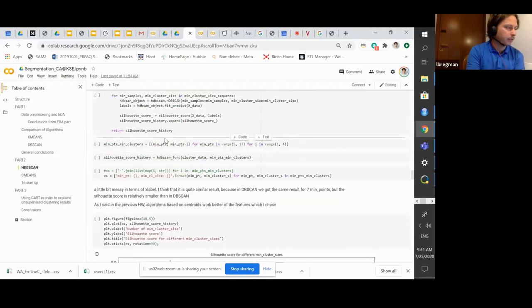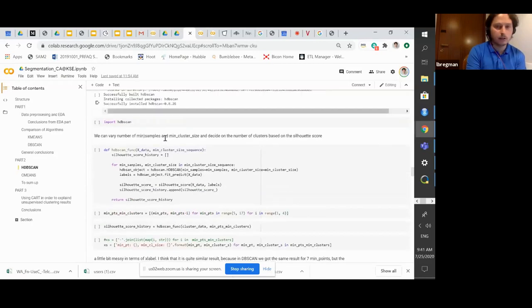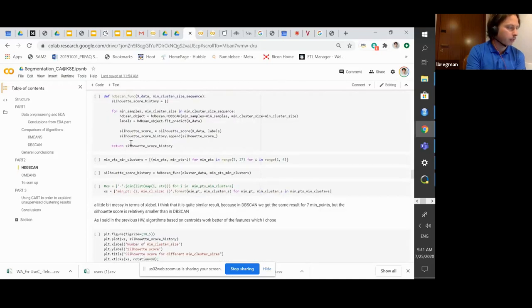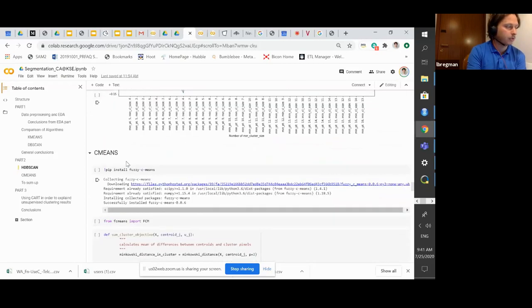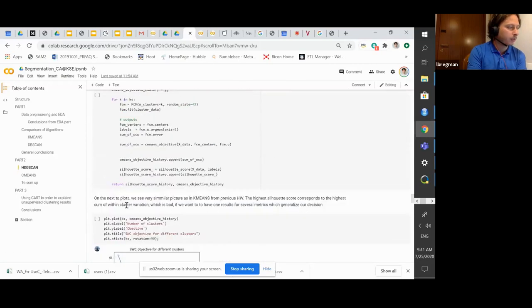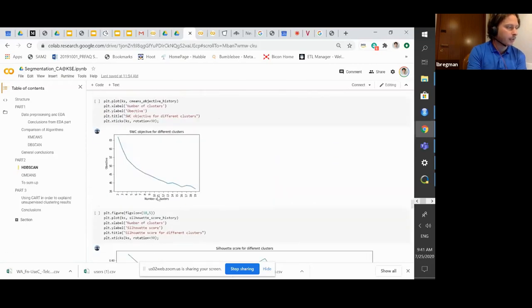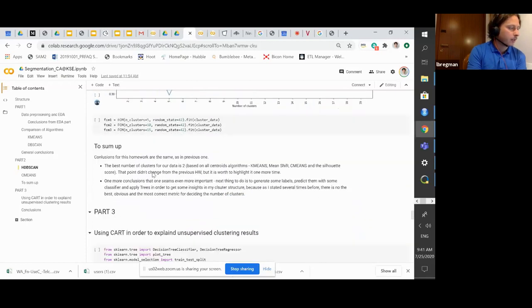Shortly, you have the short implementation of HDBScan here. I would really encourage you to rerun the notebook at home and share your results, and preferably plug your own data into this notebook, or create a copy and rerun it with data from your own business. Also here you have a couple of functions implemented for C-means and selecting the number of clusters for C-means and so on.